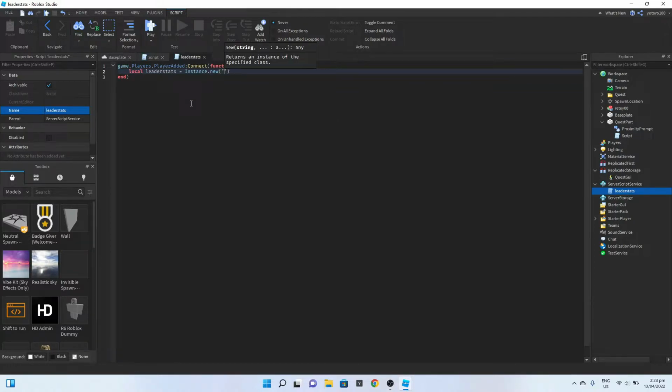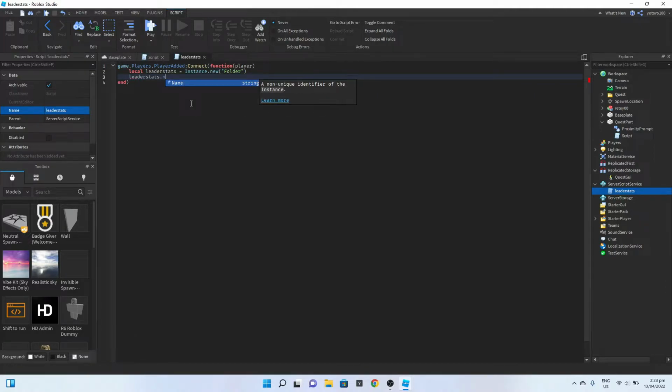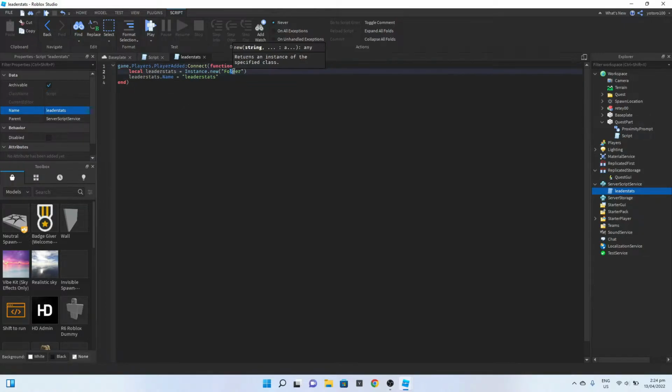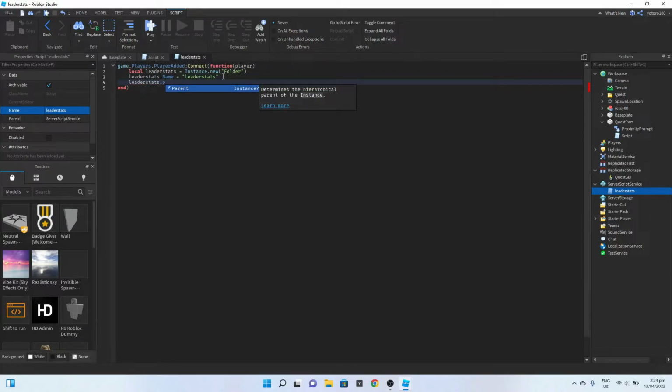Instance.new and we'll create a folder. Now I've created the folder, but leaderstats.Name equals "leaderstats". This may seem quite obvious because the variable is called leaderstats, but we're actually setting that object, the folder's name that we just created, to leaderstats. Leaderstats.Parent equals player,